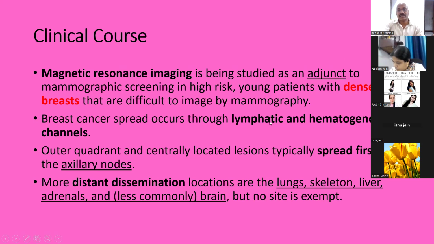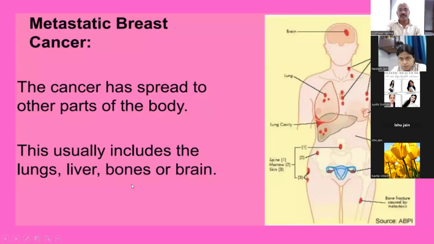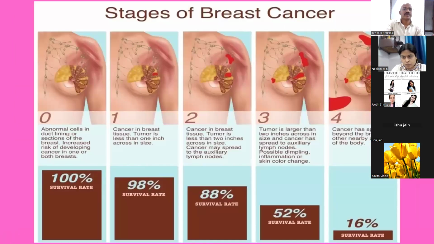Breast cancer spreads by the lymphatics and the hematogenous route, but first by the lymphatics. The axillary lymph nodes are the first involved. These are called the sentinel lymph nodes. Then it spreads to other parts. Distant spread is called metastasis. Distant spread occurs to the lungs, liver, even to the bones and even to the brain. Any organ it can spread to. Initially the tumor spreads to the regional lymph nodes, and then through the blood it can spread to the lungs or the liver, to the brain, and even to the bones.